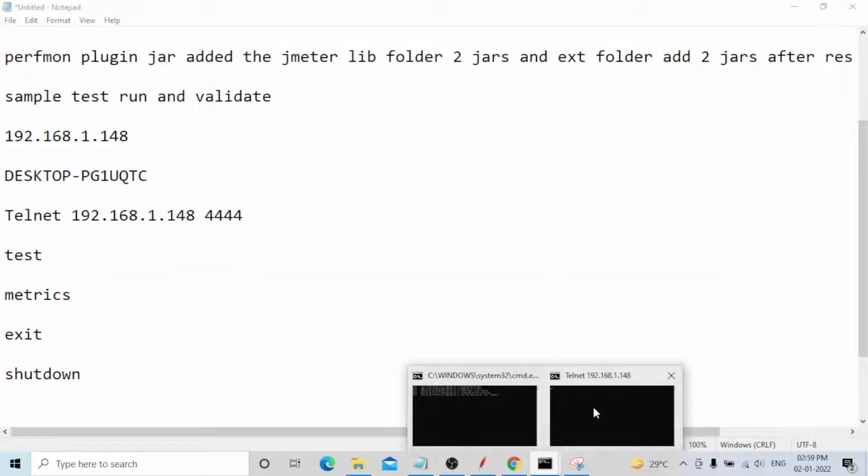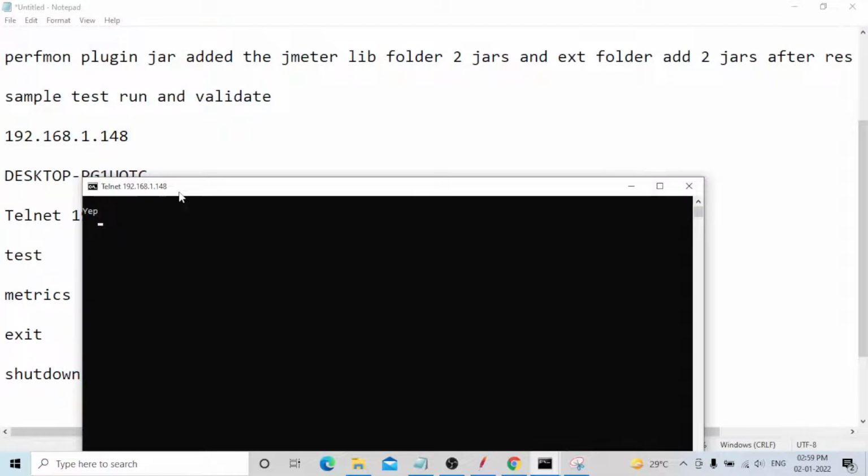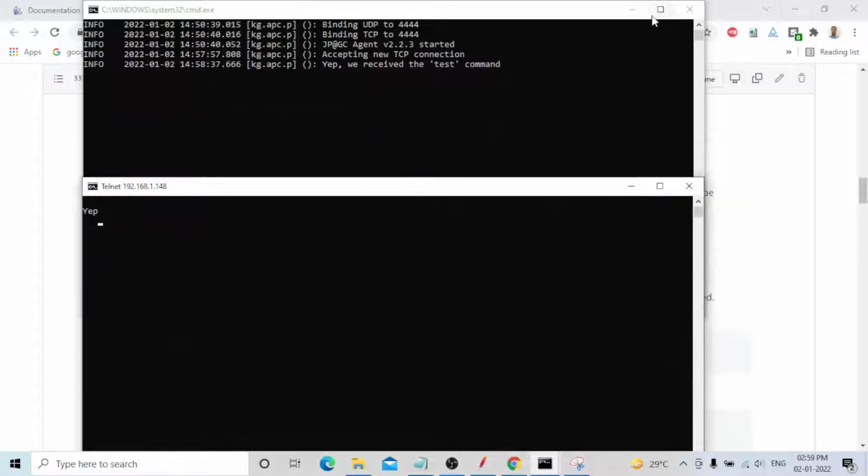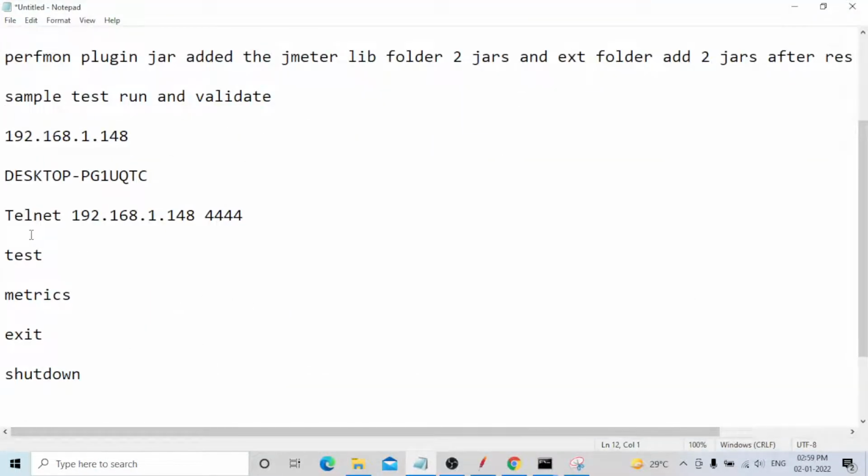If telnet is not connected, something will show, like internal or external command not recognized. That type of issue will show. At that time, what do you need to do? For example, you type telnet, your local machine IP address and port number, and it shows that the internal or external command is not recognized. That type of error will occur.